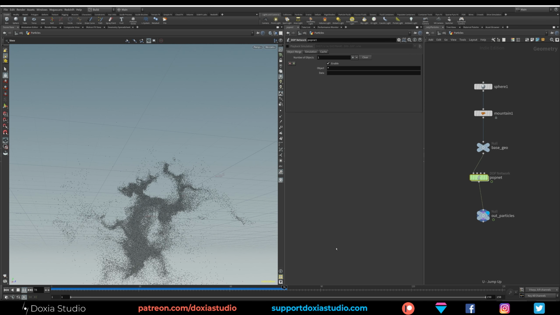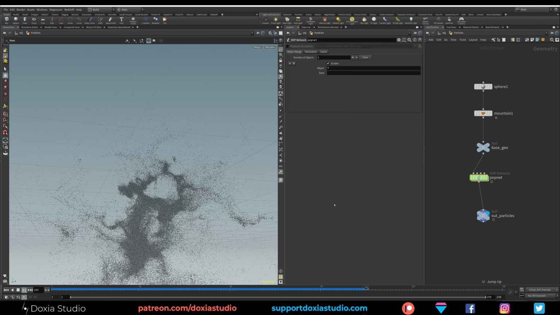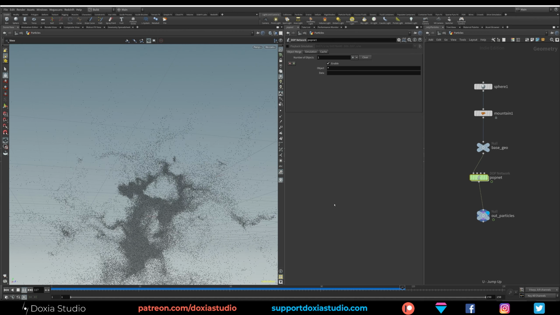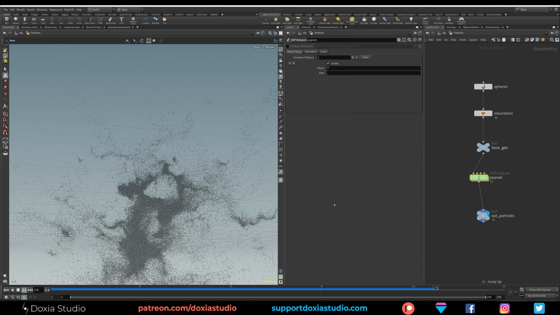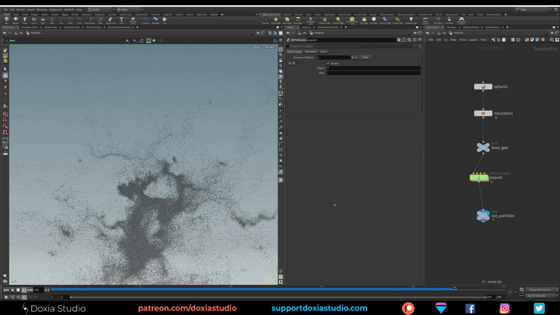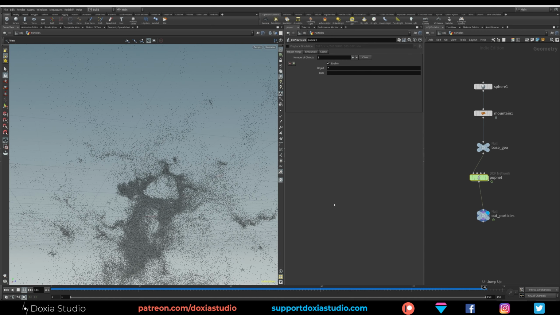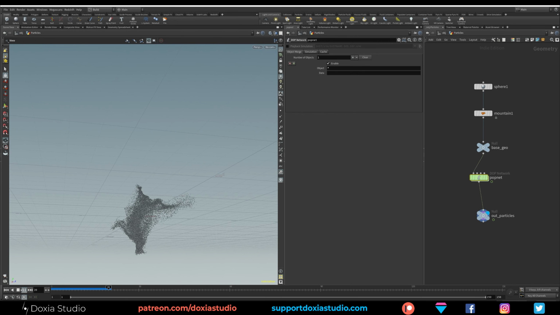And as you can see, it's faster because we have fewer particles. But with file cache and the wedge system, that little trick will make us run the file cache system multiple times, just changing a few parameters, and we will get more particles with that. It's a nice trick, easy and fast to do. A little trick to simulate millions of particles without having to run everything.